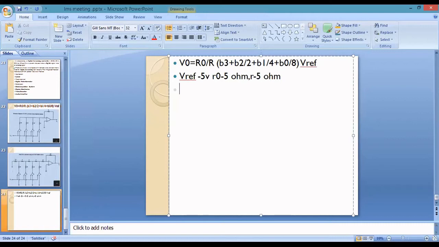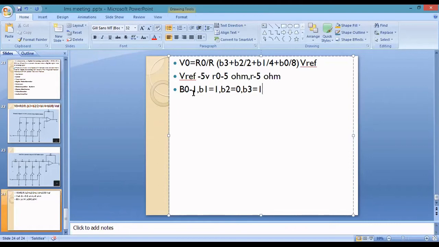Next one is V0 equal to 1, B1 equal to 1, B2 equal to 0, B3 equal to 1. So you want to substitute this value.